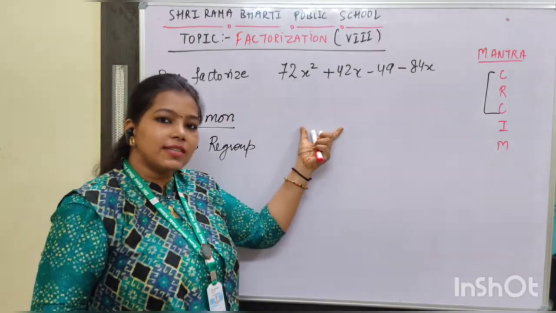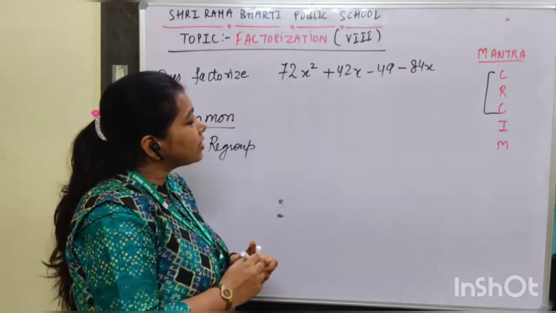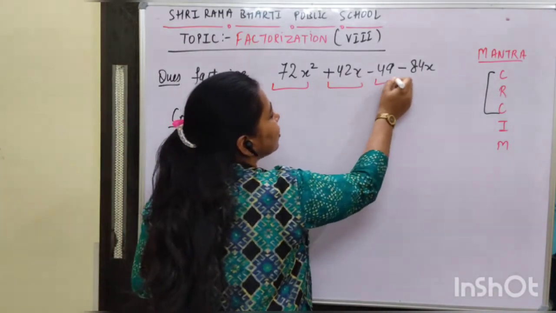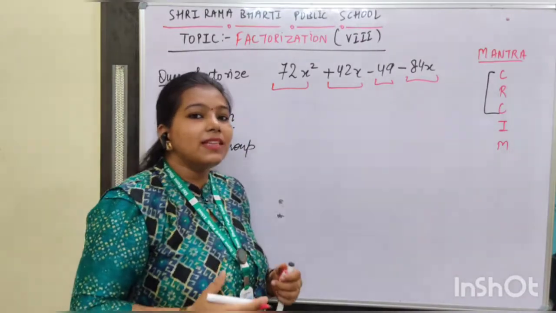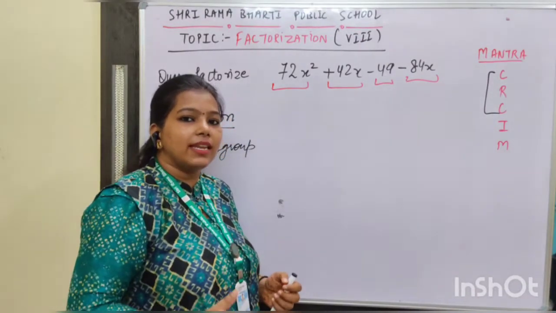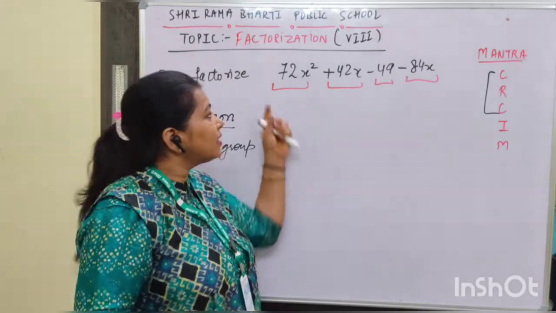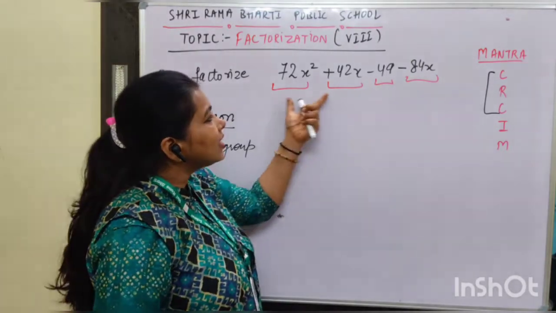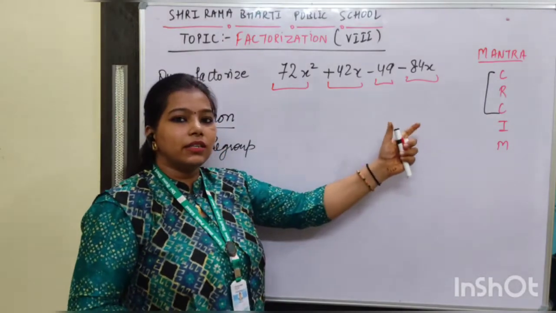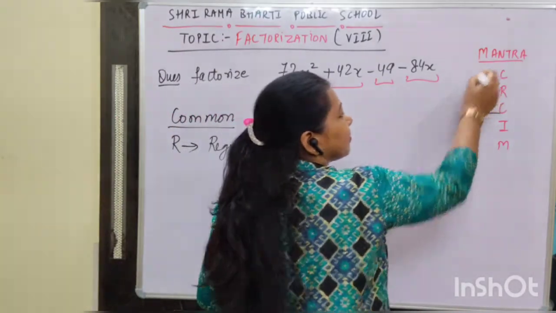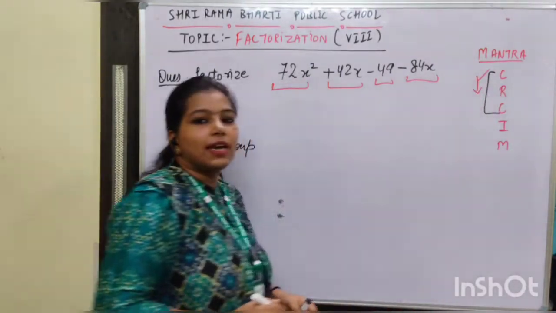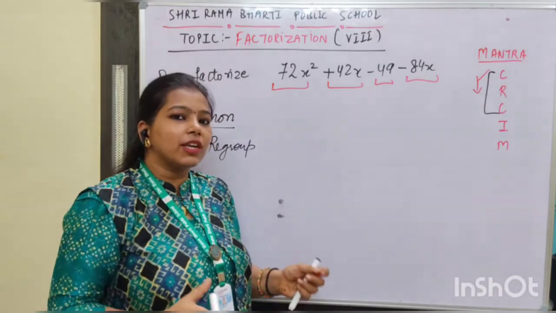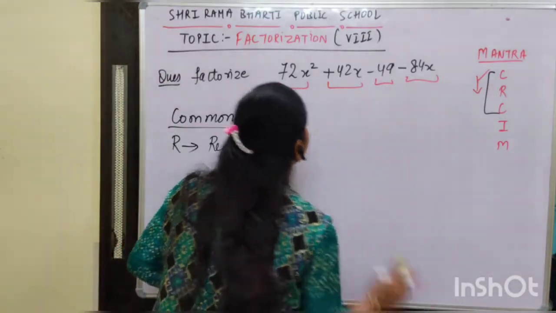So we will do the same thing here. Let's see the question. If I start considering each term, is there any common number here? Can we take out any common, the highest common factor among all these terms? We can see nothing is common in all the terms. So we are done with the first step. Now we have to proceed to the second step, that means regrouping. We will start regrouping the number.